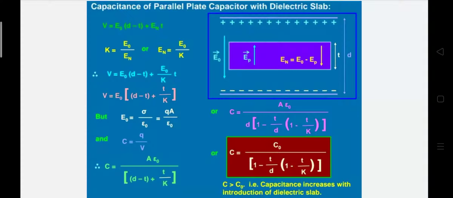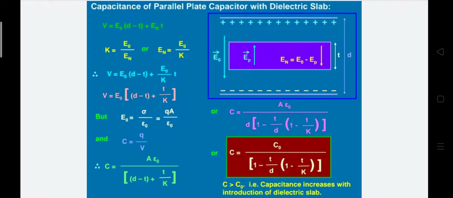On solving, we get V is equal to E naught, in brackets, D minus T plus T upon K. Then the charge is Q, and E naught is equal to sigma upon epsilon naught, which is equal to Q upon A epsilon naught. We know that capacitance is equal to Q upon V. On substituting the values, we get the capacitance is equal to A epsilon naught upon D minus T plus T